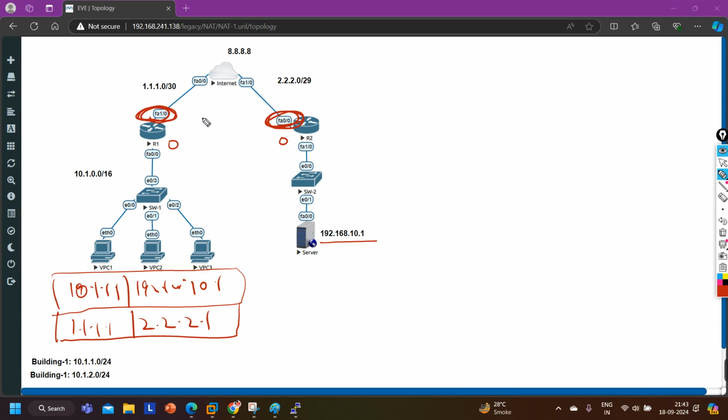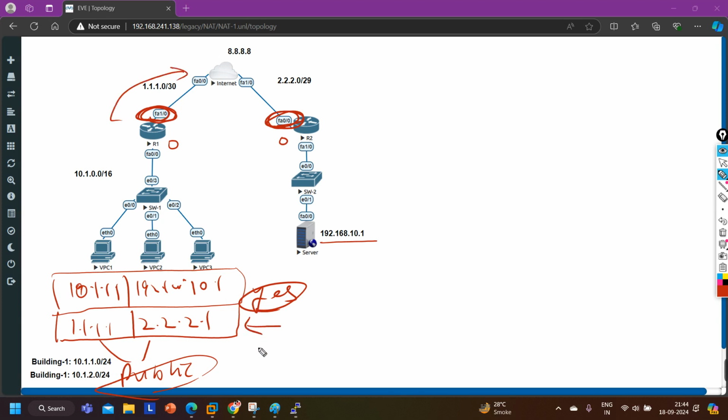Now can the internet forward this traffic? Is it routable on the internet? Yes, because source and destination are both public. So router 1 will forward it to the internet router.